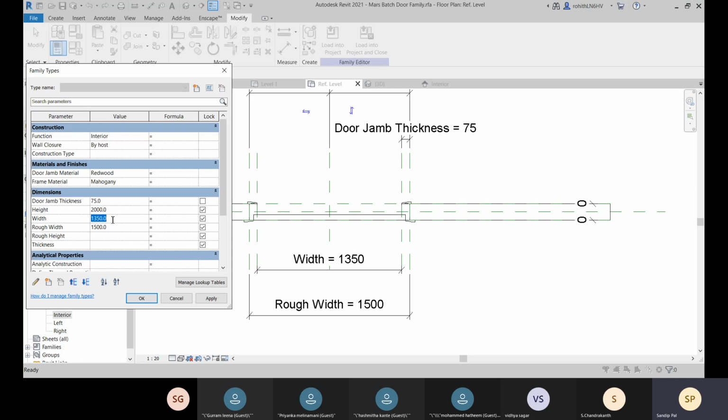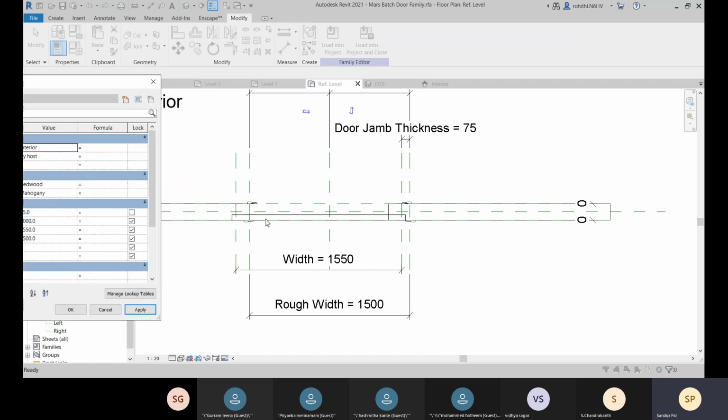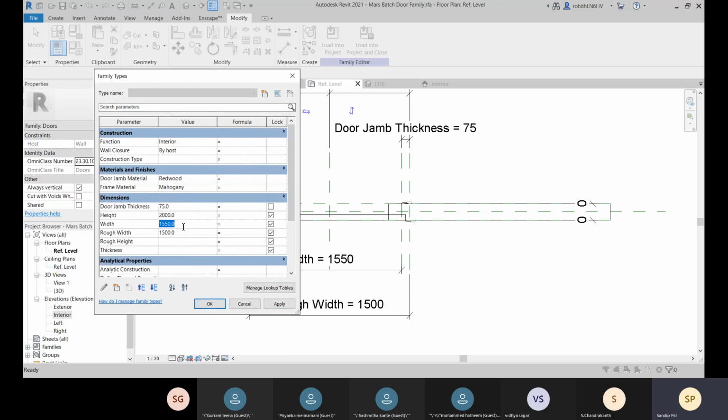We have to check it. So like 1550, apply, and here you can see that it is not working properly, as I was guessing.